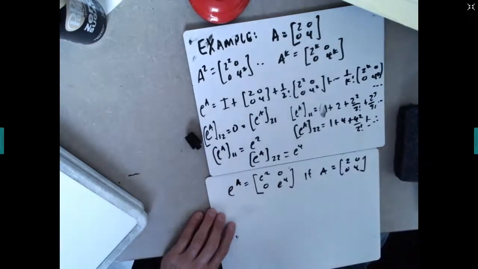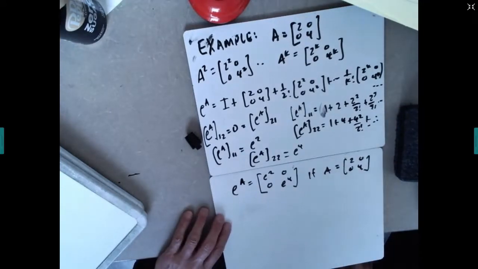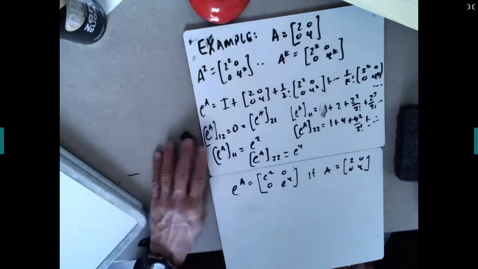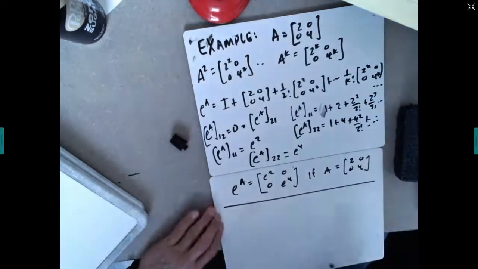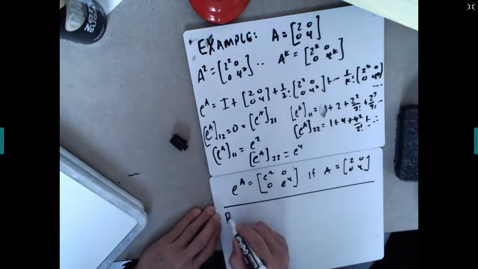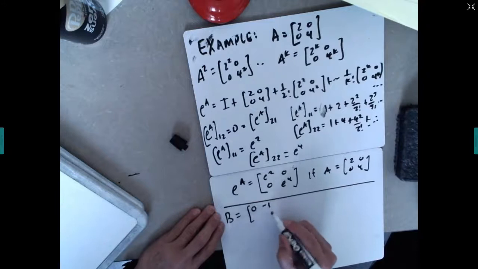Okay, so that's what these things look like, and that's sort of an easy one there. So that basically gives, now let's look at a second example. If we look at, let's say, B equal the following matrix,